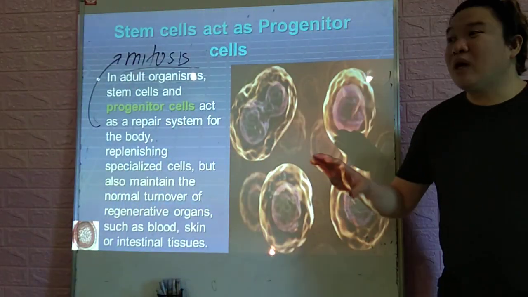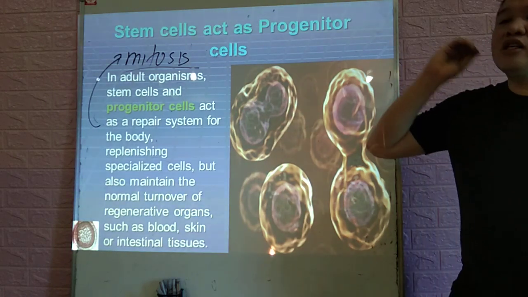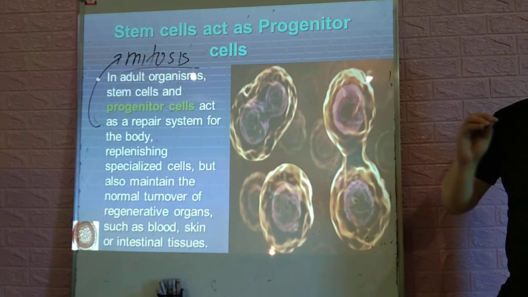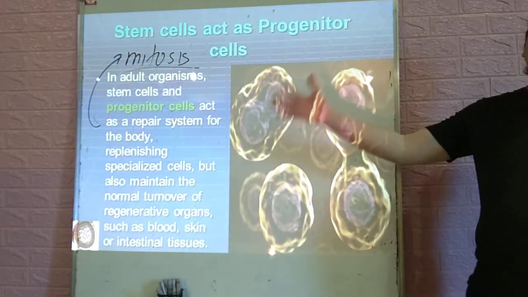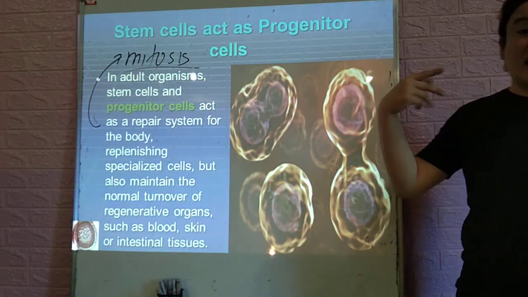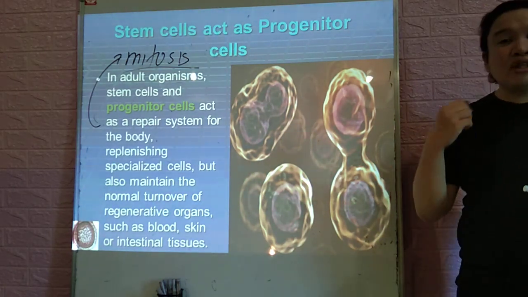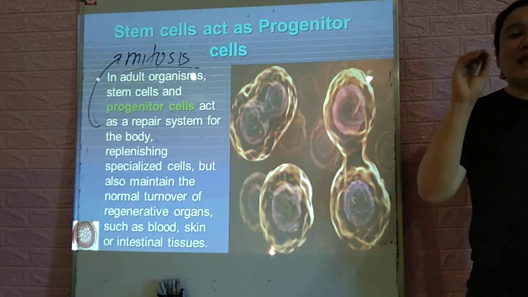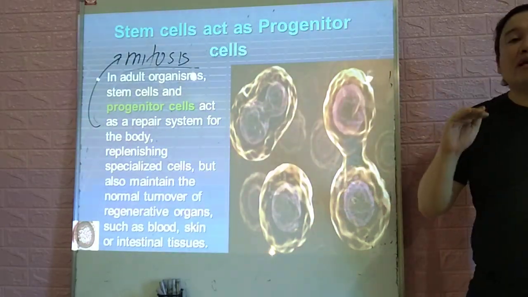For the information of everyone, the skin is a regenerative type of organ. So it continuously sloughs off. And of course, if you are to remember, guys, there is the usual desquamation. But what is the reason why, even though our skin sloughs off every day, still our skin remains intact? It is because the adult skin cell has a regenerative power that will continuously maintain that normal amount of cells that are being desquamated and the normal amount of cells that are again